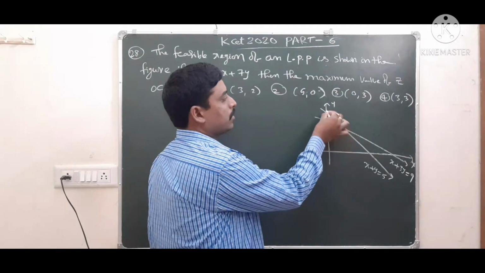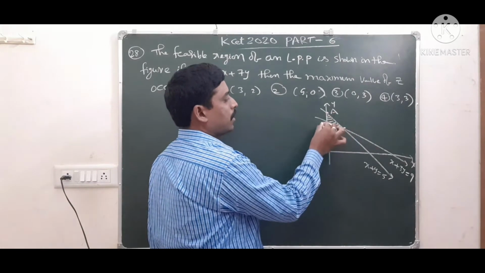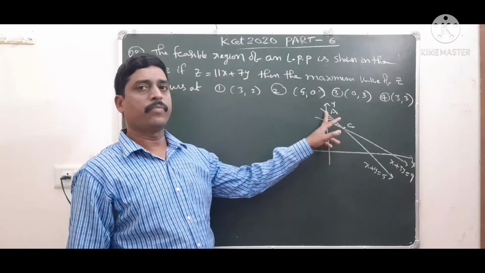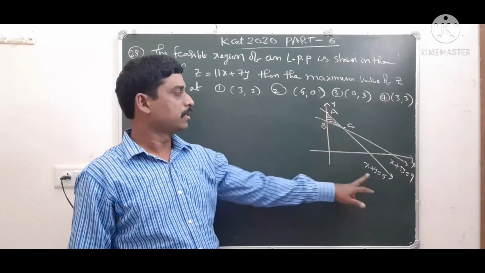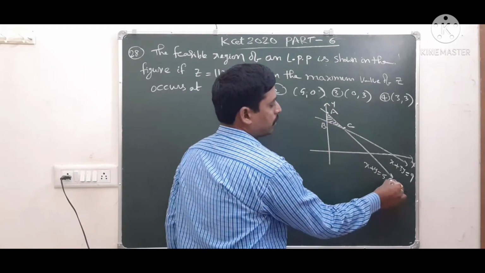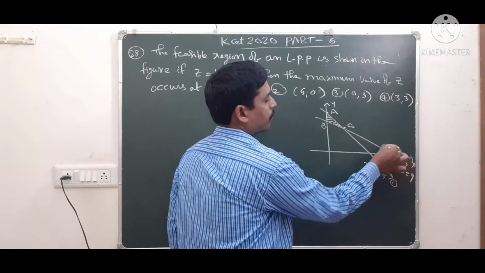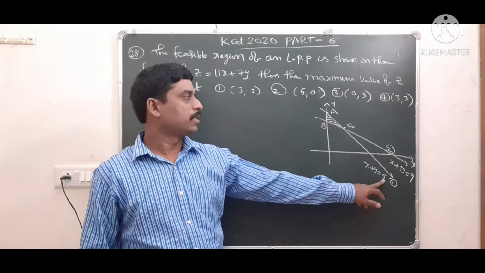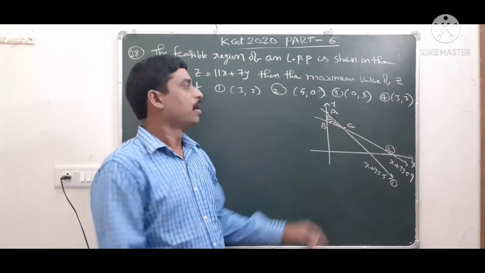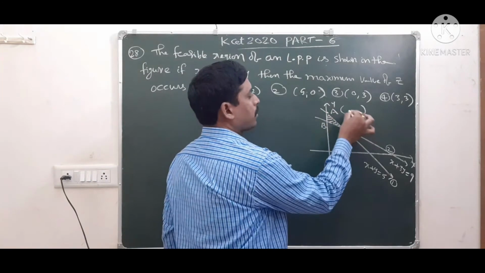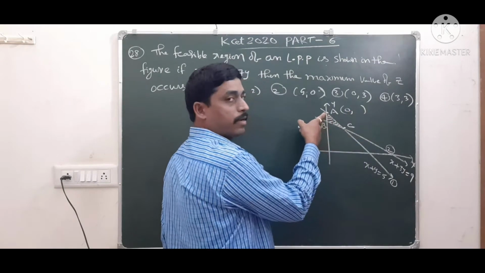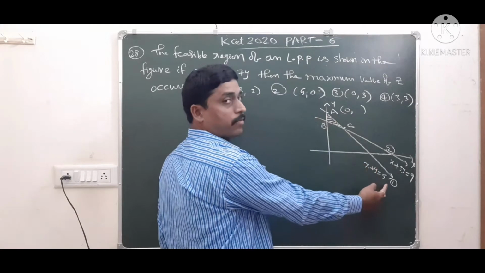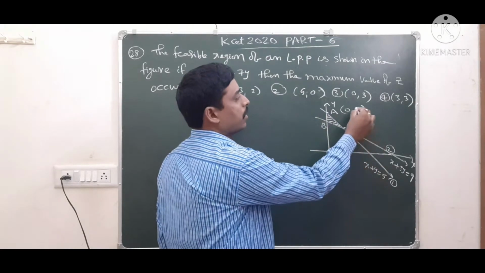This feasible region has corner points, let us take A, B, C. A is the point of intersection of the y-axis and the first line. Let us take the first line and the second line. So x plus 2y is equal to 5. This line passes through the point A. On the y-axis, x coordinate is 0. If x is equal to 0, then find the y value from the first equation. So y is equal to 5.